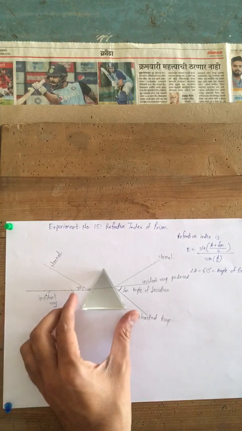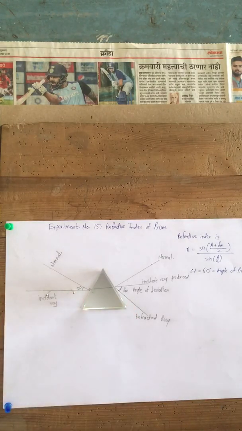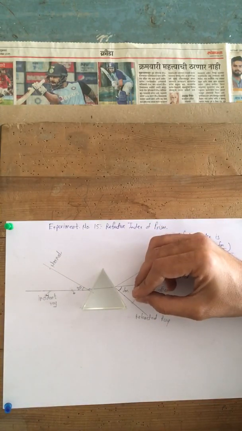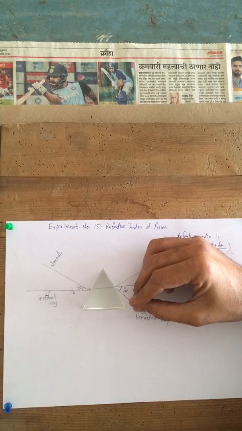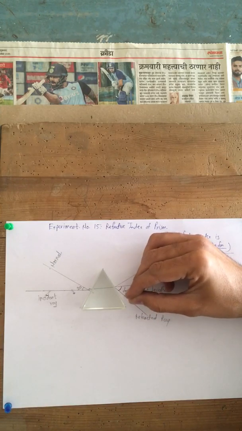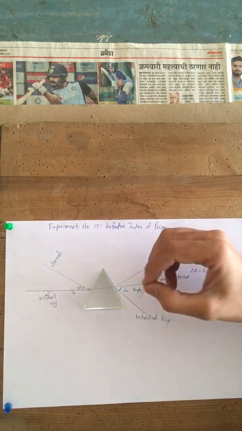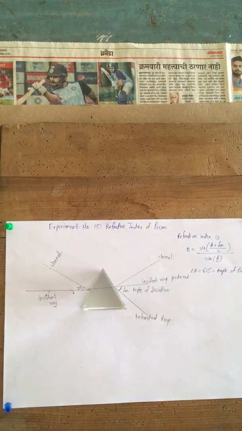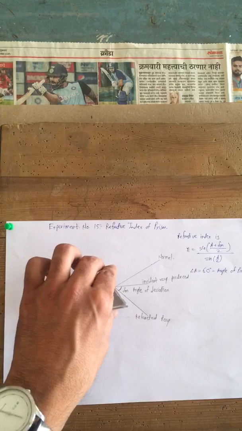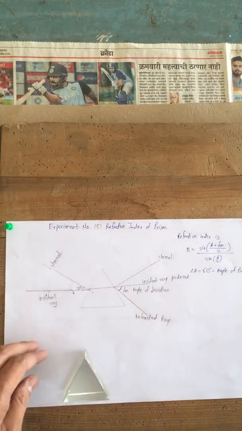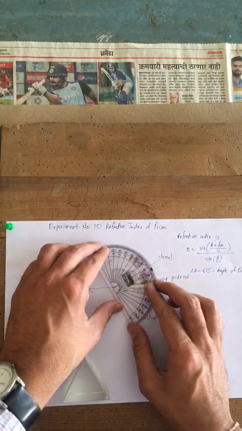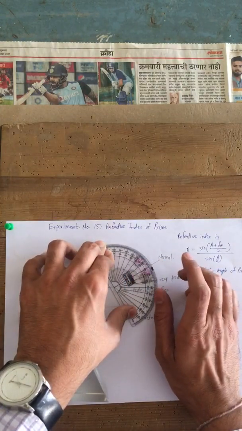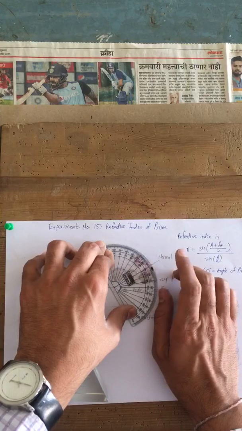So observe. I find the first pin at this position. Okay. And the second pin at this position. With the help of these pins you have to just find the points. Okay. Just find the points. And then remove the prism. Okay. With the help of this D again draw a normal on this side as well. Okay. Because with respect to the normal we are going to take the measurements.